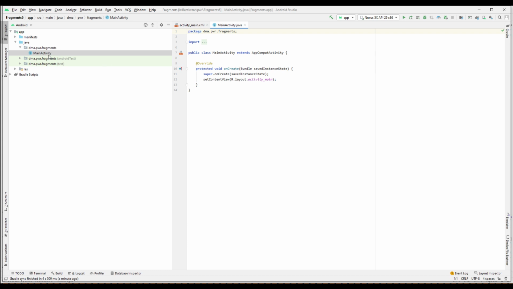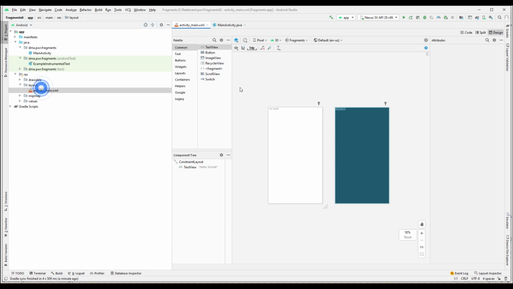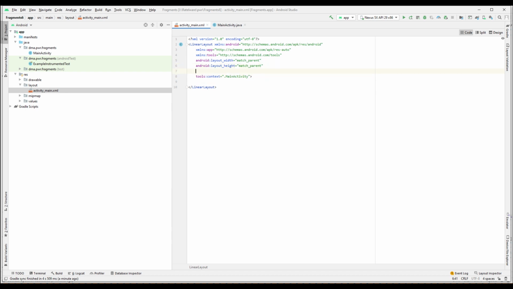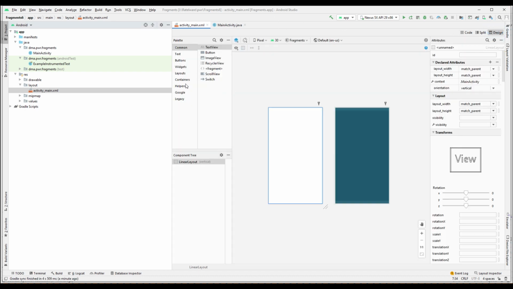Okay, so we start with an empty activity, and in this empty activity we're gonna have a simple linear layout, one with several vertical elements. We won't have a text view here, we don't need it. We will have an Android orientation though, a vertical one, as I said. Now we want to add some fragments here, two fragments, one on the top and one on the bottom. We're gonna have a frame layout,